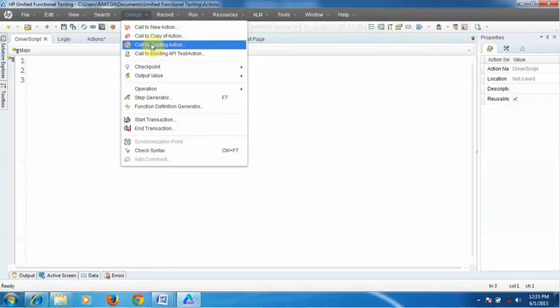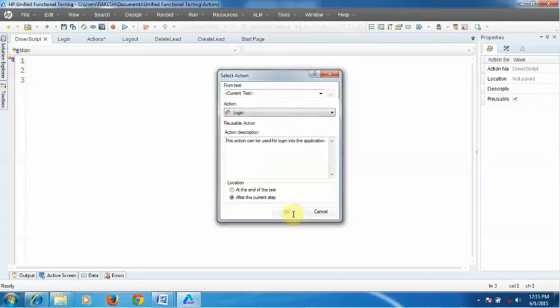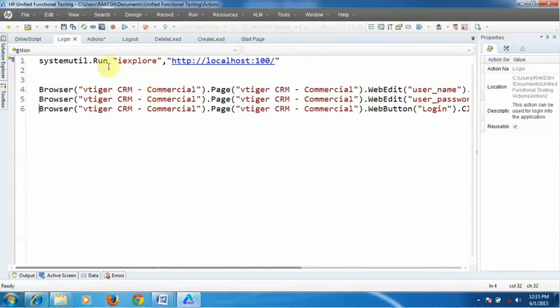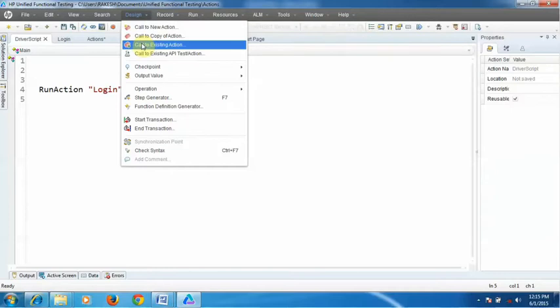call to existing action, select the current test and select the action, like first we need to login and click on OK button. Here you can see in the driver script again, one line of code is written by UFT. Run action login one iteration. Okay, now again I want to call logout, so go to the design and call to the existing action,